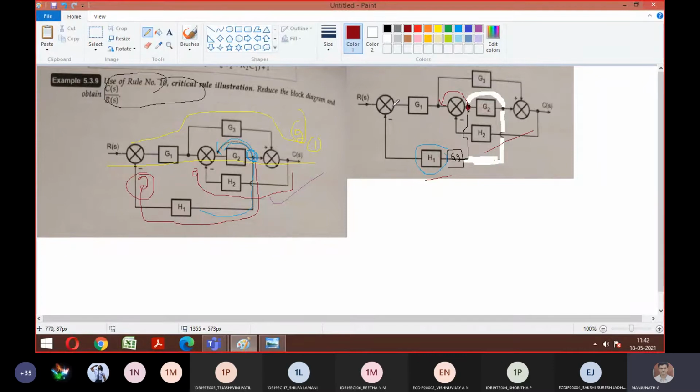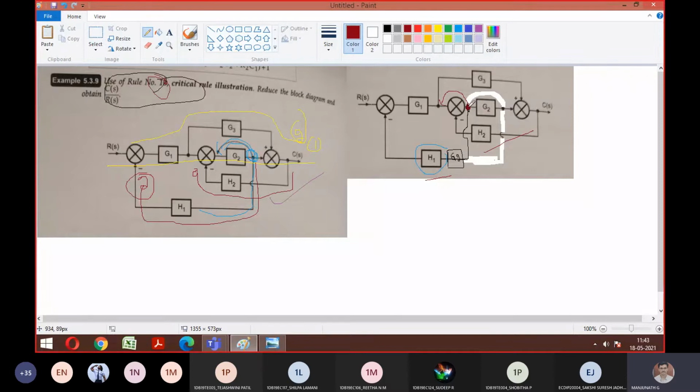Yes, sir. So now you should tell me which rule it is. Is this the concept of your critical rule now? That is where I told you to analyze the question. Whenever you are taking the breakaway point ahead of or before your summing point, the 2 critical rules you learned come in. So what rule is it? Is it rule number 11? Yes, sir. In the question it is given as 10, but it should be 11. That's why I told you not to worry about the rules. Stick with the procedure.